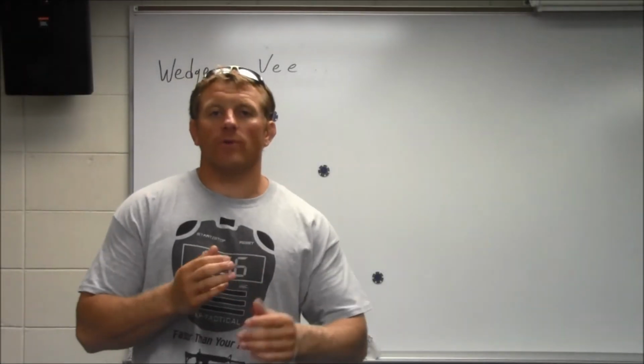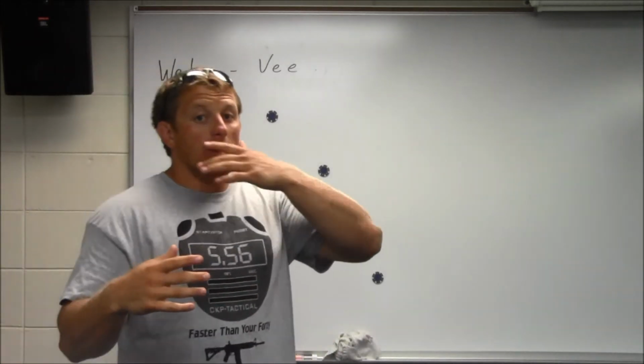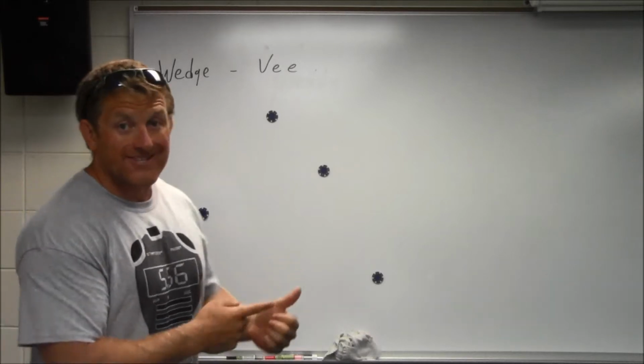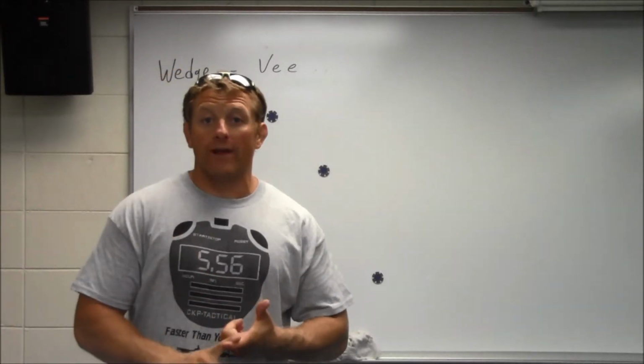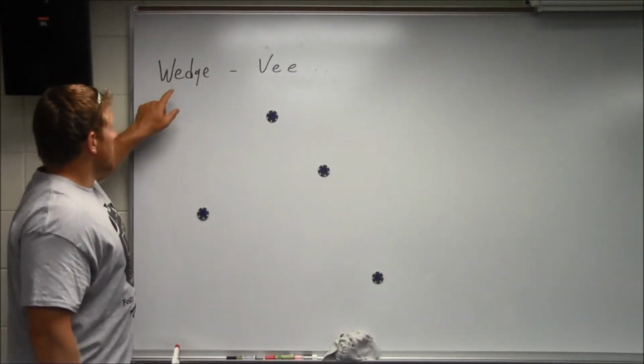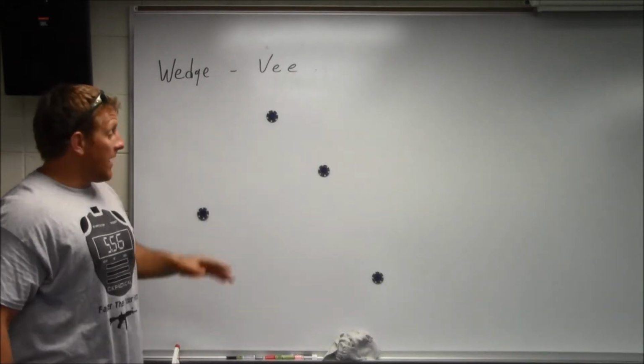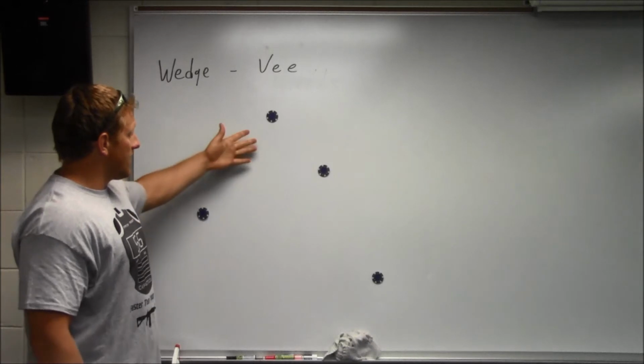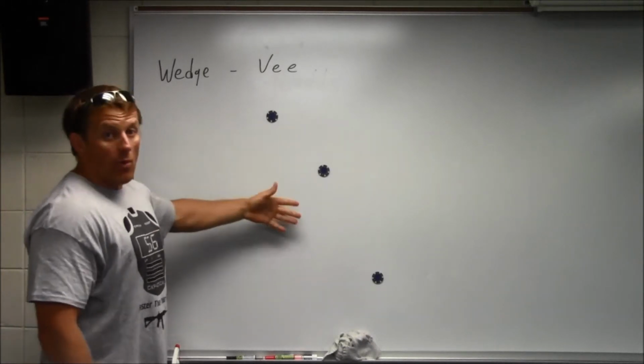Okay guys, so first video we talked a little bit about the basics of how we pick our formations and things like that. Now we'll get into a couple more. So I already talked about the staggered column or our tactical column and the ranger file. Now we're going to talk about the wedge and the V. Okay, so again, sticking with small unit level here, but these elements could realistically represent squads or teams,